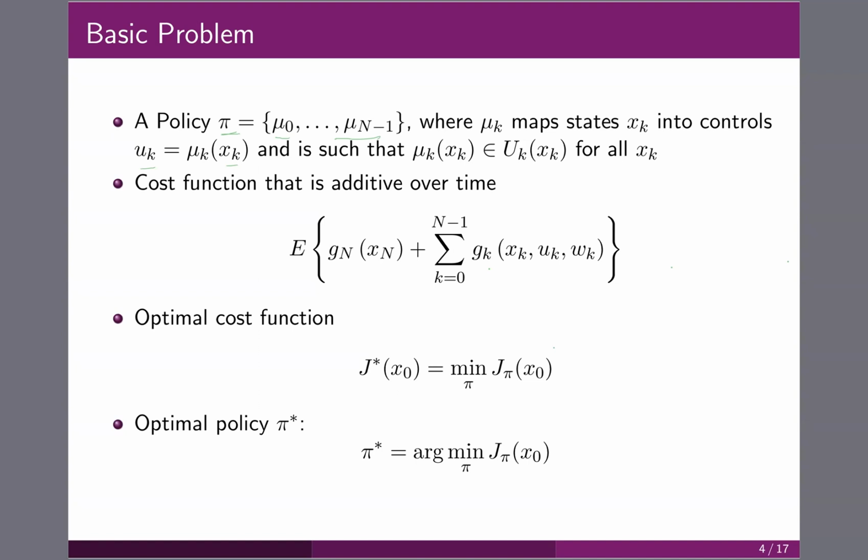So this policy describes at each stage, when we are at stage k, so we are at state xk, what action we will choose. Okay, it is a rule, describing which action we will use given xk. So that is why we call it a policy. Here pay attention to the notion: the policy is a sequence of maps, or mappings,